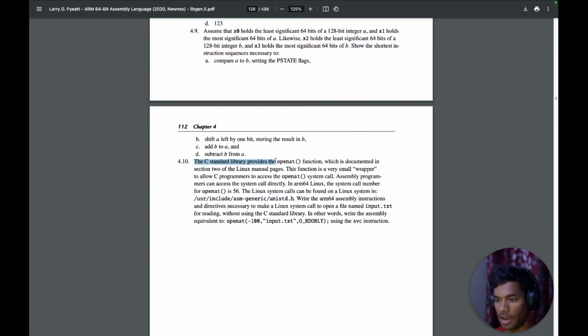The C standard library provides the openat function, which is documented in section 2 of the Linux manual pages. This function is a very small wrapper to allow C programs to access the openat system call. Assembly programmers can access the system call directly in ARM64 Linux. The system call number for openat is 56. The Linux system calls can be found on a Linux system